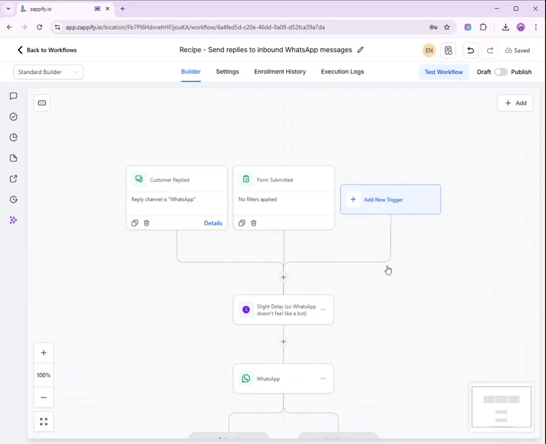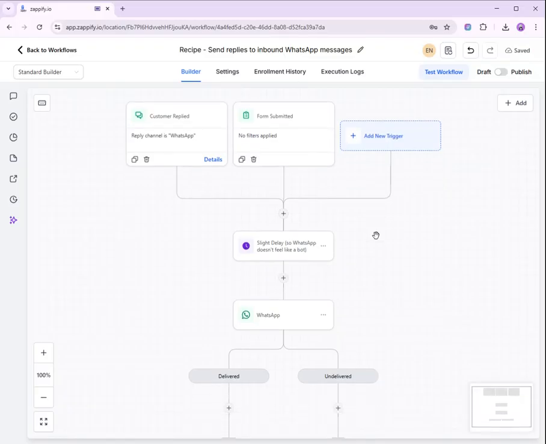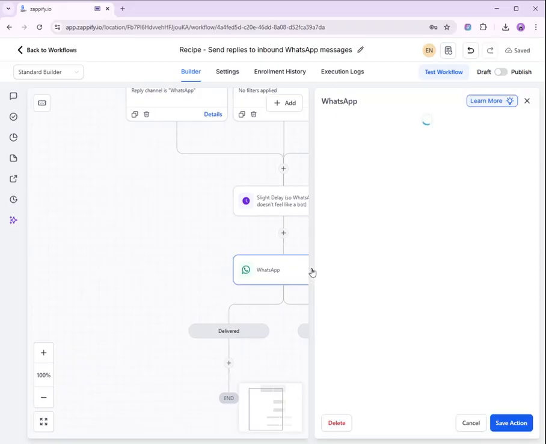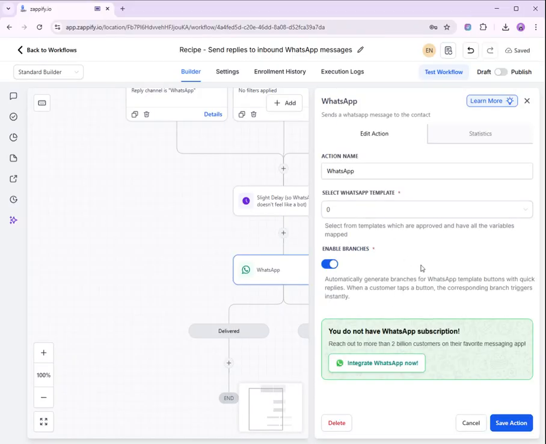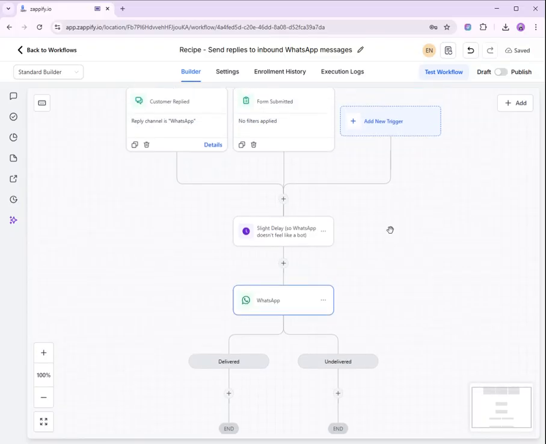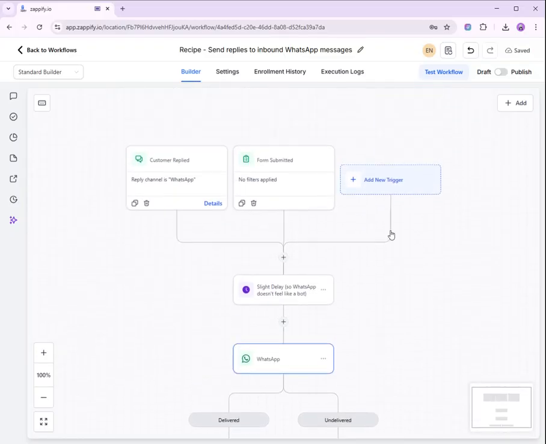And also you can add action that will happen after, like sending an SMS, assigning a task, or updating a contact. Say for this example, this action WhatsApp, then click save action. So once everything is set, click save